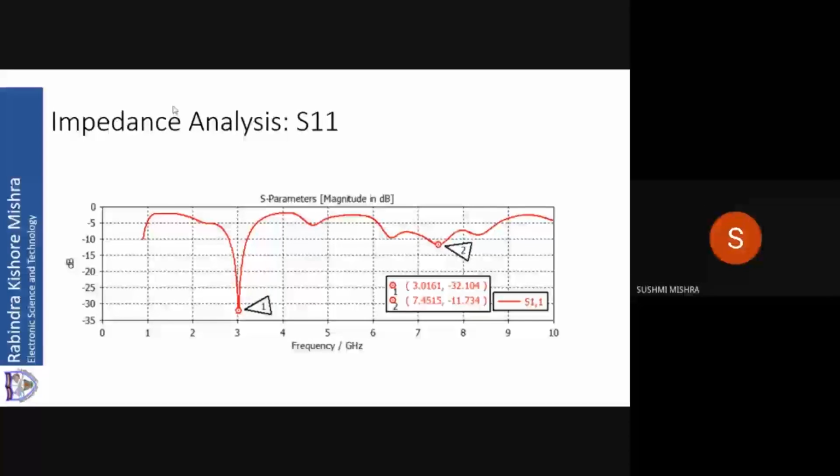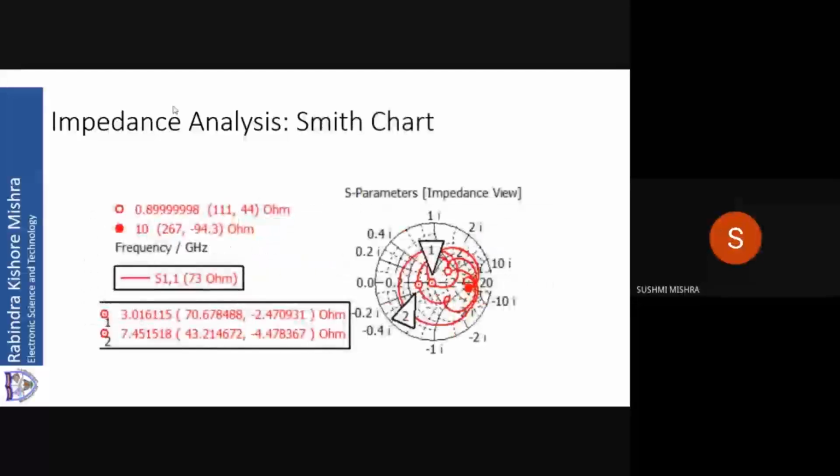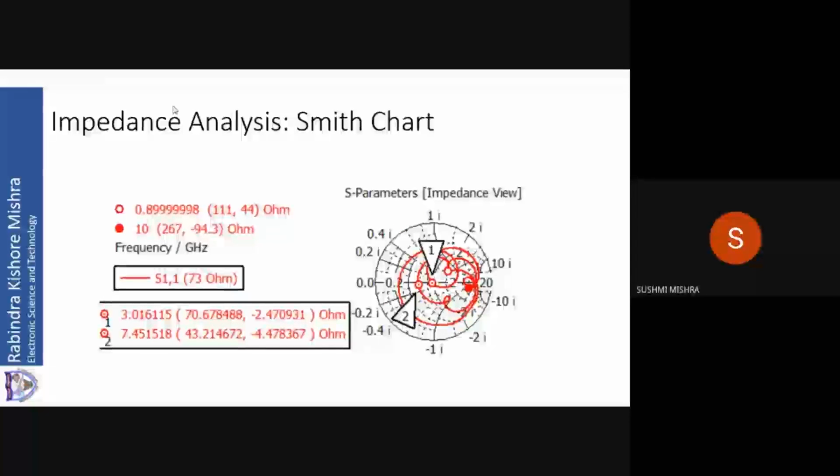Which means my design is not perfect. This I can also see using the Smith chart. What happens here? In the Smith chart, you can see the points that I am showing, 1 and 2. They are close to the resistance axis, but they are not exactly on the resistance axis. This gives me a very undesirable design. I am not interested in this type of design, so I will do some other tricks.